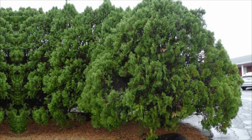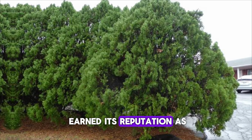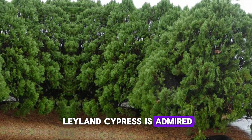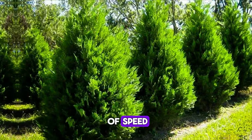2. Thuja green giant. The Thuja green giant is another privacy legend, a tree that has earned its reputation as one of the most dependable and attractive evergreens for screening. If the Leyland cypress is admired for its speed, the green giant is loved for its combination of speed, strength,